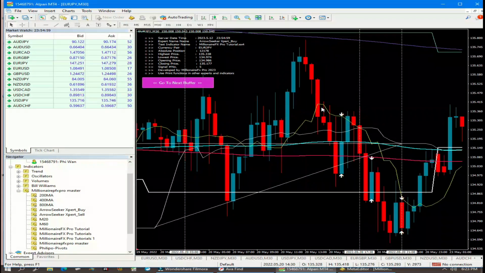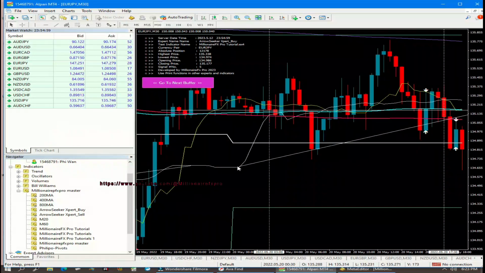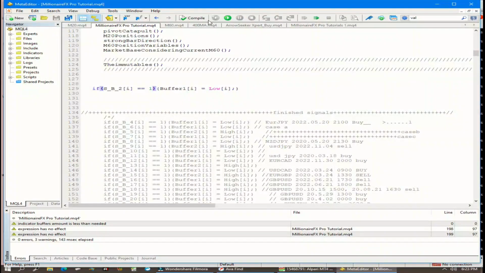Now in this case we are having the lowest point, like let me run this indicator here, let me compile it and check. So when I check it, let me pause for a while, I'll come back later. There's something I want to